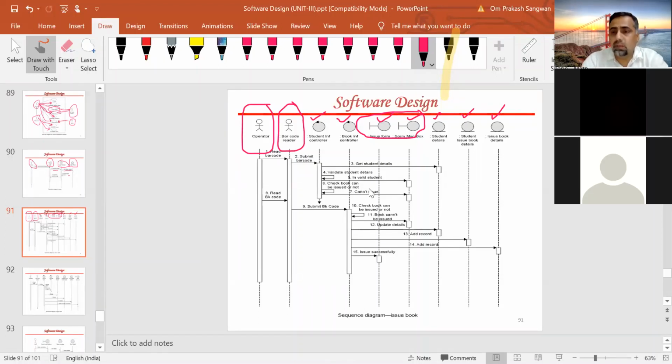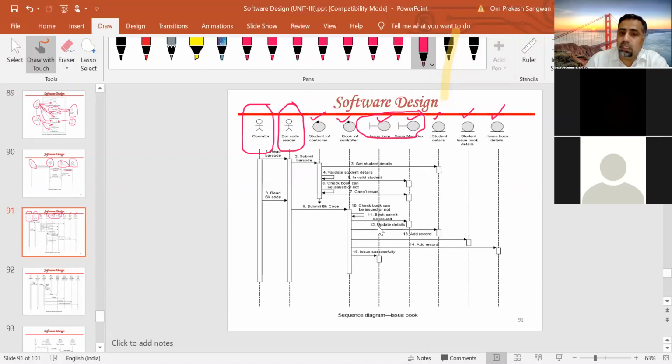Maybe the student already has a number of books issued, right? If it can't be issued, then again the message will be generated, right? Then we have read book code, submit book code, check whether the book can be issued or not, whether the book desired by the student is available or not, right? So if the book cannot be issued, the message will be displayed.